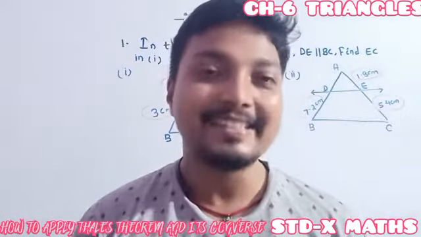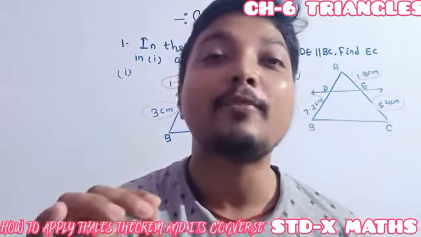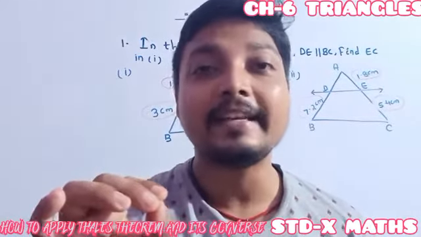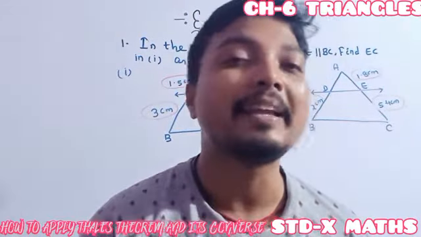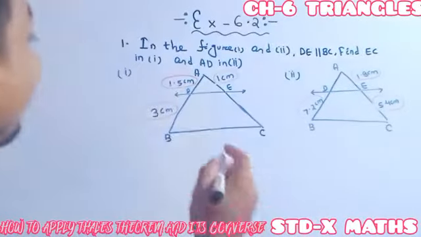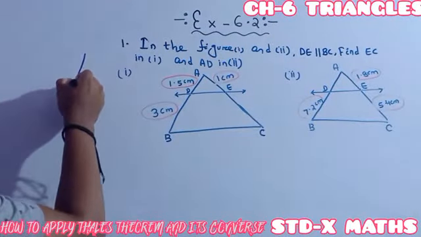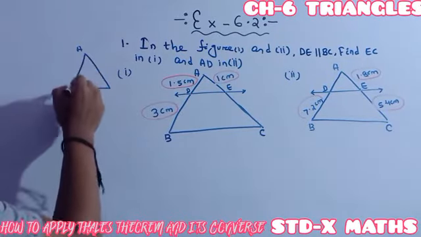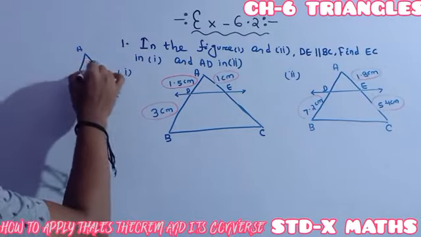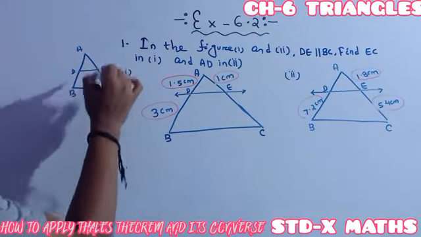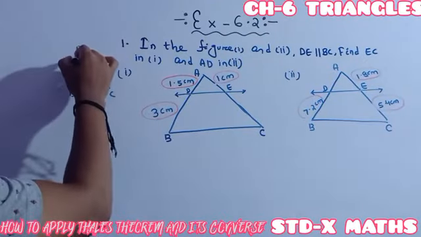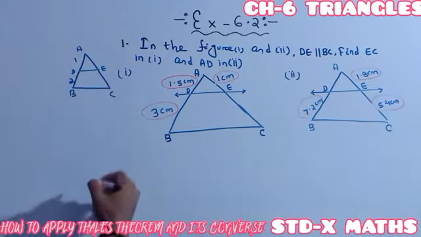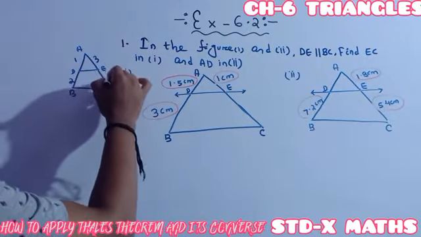Understood perfectly? See, first I want to show you different forms of the Thales theorem, a few of which may be useful in our coming exercises. Here I am showing. Suppose this is a triangle, and the name of the triangle is ABC, and here suppose we have DE. Suppose AD is our 1, DB is our 2, AE is our 3 and EC is our 4.